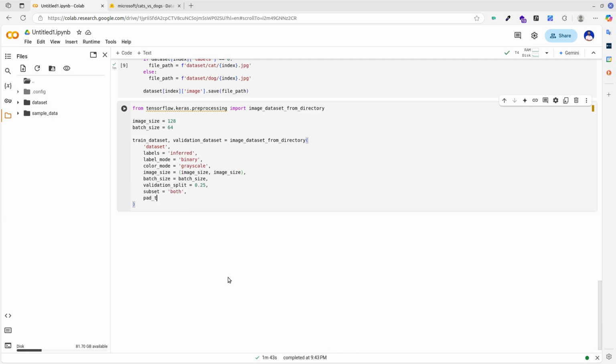Finally, we say that the images should be padded so that they are not deformed from the resize. We define the shape of each image and pass a random seed for shuffling and transformations.